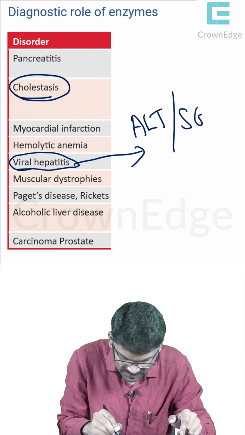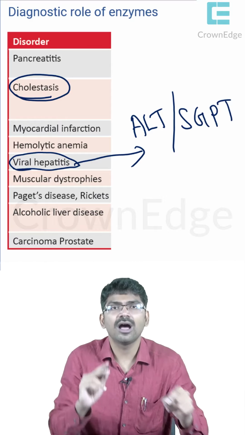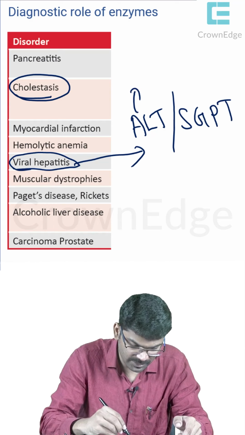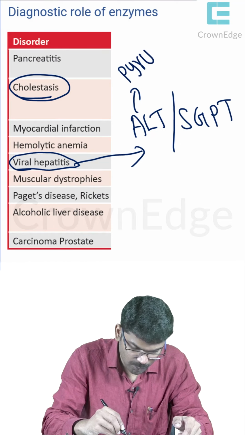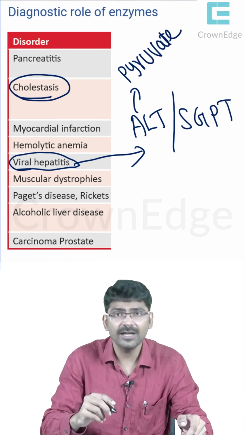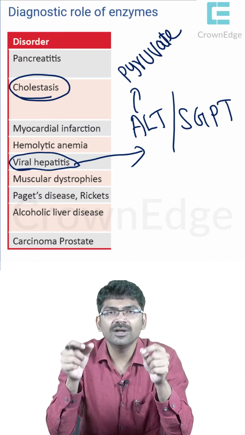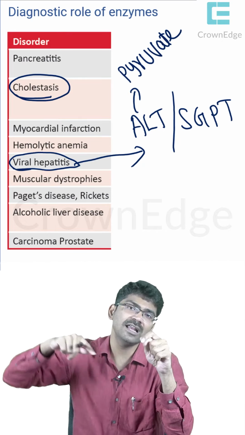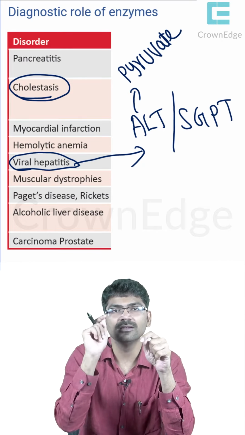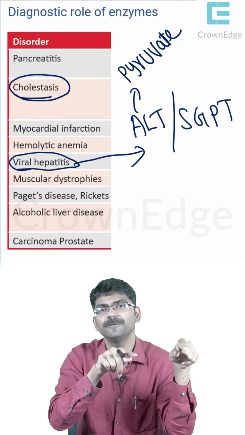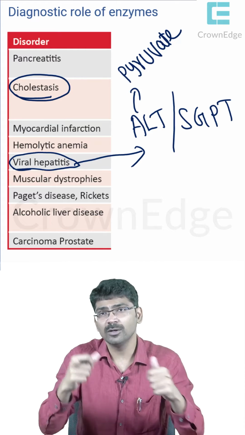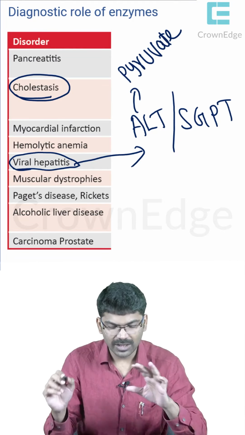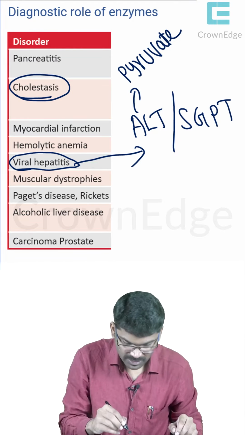How will you remember ALT is SGPT? Very simple. Alanine on transamination is going to produce pyruvate. This we have studied multiple times. Do you remember the glucose alanine cycle? There we learned, right? During fasting, there will be minimal skeletal muscle breakdown. So the amino groups of the amino acids are transferred to pyruvate to produce alanine. You remember, right? That alanine will go to the liver, then it will be converted to glucose. Clear? So ALT is SGPT.